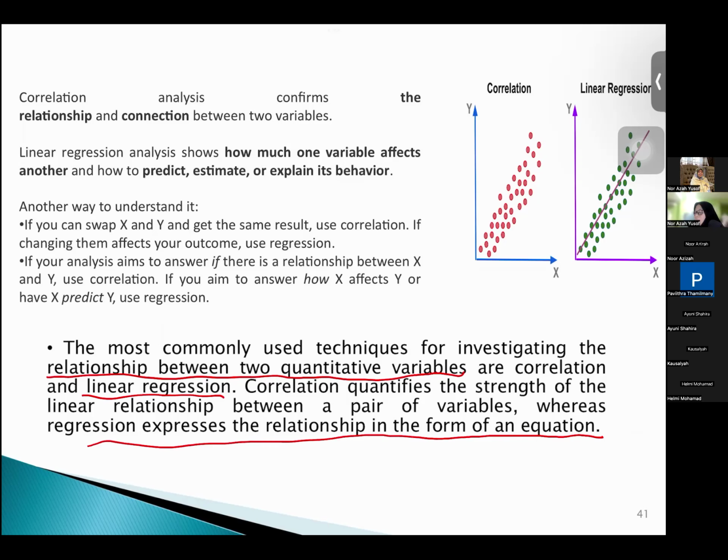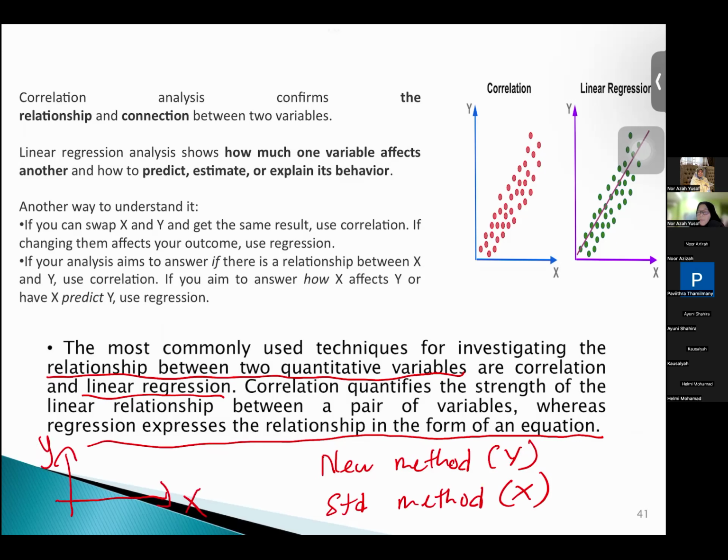Okay, so let's say the new method, which I put as the y-axis, and then I also use the same sample for the standard method to identify the cholesterol. The same sample I use for my new method and for the standard method. So if I plot